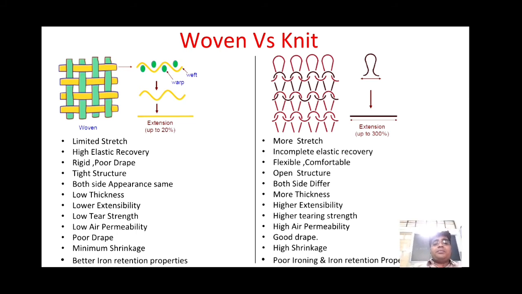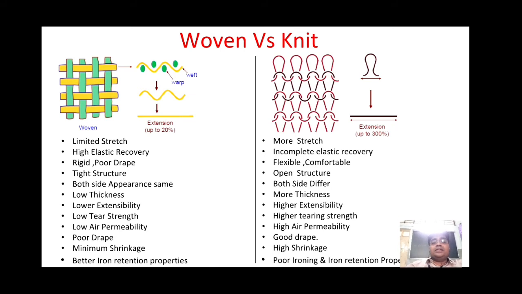The very first point: in woven fabric there is limited stretch, and in knitted fabric there is more stretch. Now, limited stretch means what? Hold the woven fabric in your hand and try to pull it in either the lengthway or widthway direction, preferably the widthway direction. Apply some force. You will realize that the woven fabric is not going to stretch much. Even if it stretches, the percentage is very small. You can see in this diagram that it is only 20%. So 20% extension is the maximum in the case of woven fabric.